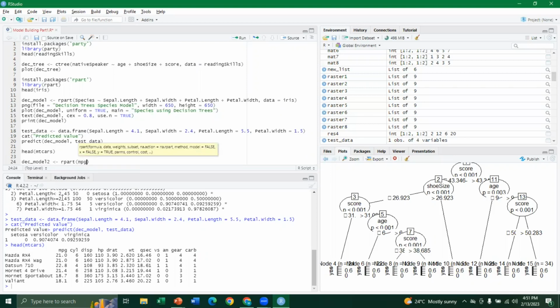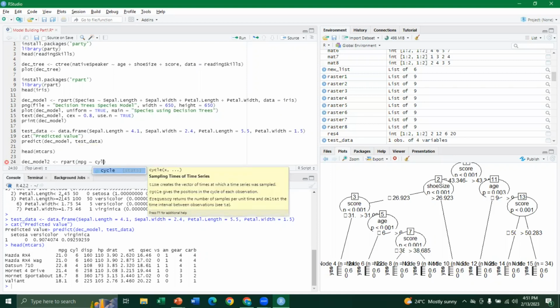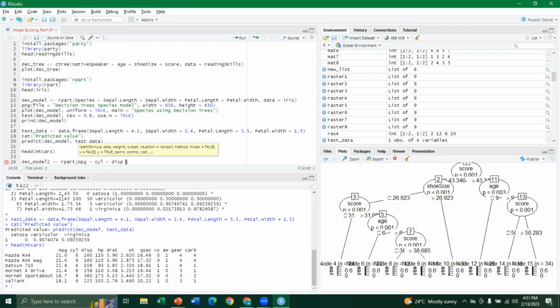And first of all, I will pass the dependent variable that I want to predict, and then the variables that I want to use for the prediction, such as cylinders, displacement, and HP, and qsec. All right. And I pass the method equals anova because this time I'm solving a regression problem, and data equals mtcars, which is a built-in data,